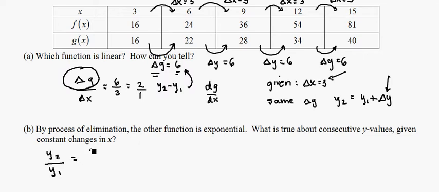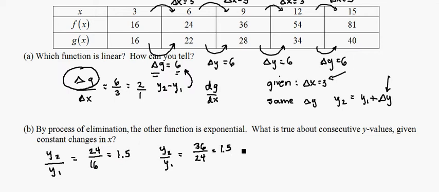So for instance, right, if we take a look at 24 to 16, we find that that ratio is 1.5. Likewise, if we look at another y2 to y1, or maybe y3 to y2, that would be the better way to look at it, we look at 36 to 24, we also get this 3 to 2 ratio, or